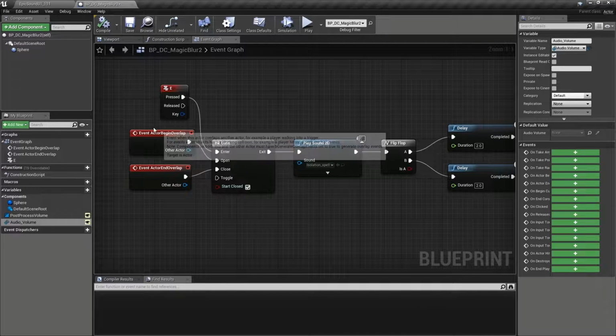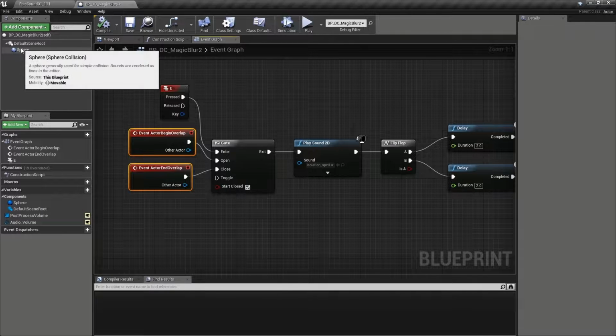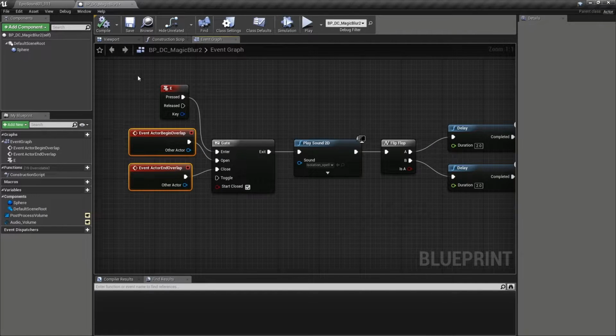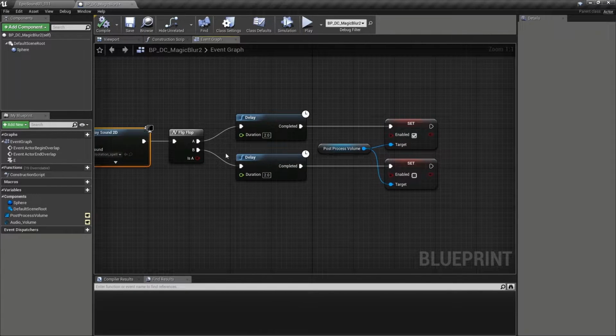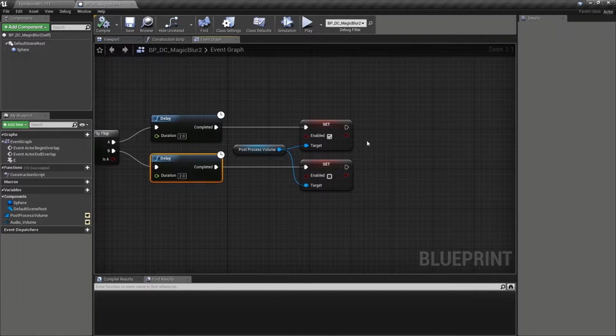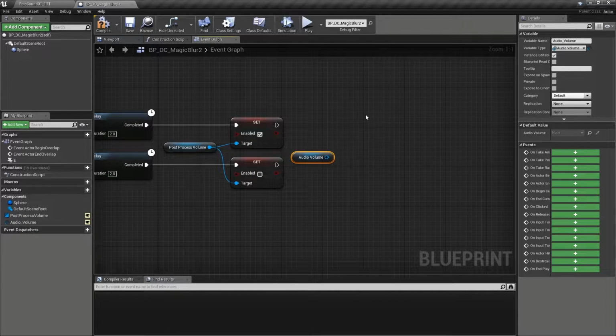So the blueprint is a typical scenario of we're overlapping with a collision sphere within it, and that allows us to gate off a key press. We're going to play a magical spell sound, and we're going to flip-flop between two conditions. One, the magical spell will be enabled, and there's a bit of a post-process volume that blurs out things outside of the magic circle, and then we're going to switch that off. So enabled and disabled. So what we want to do is to get a reference to our audio volume here,